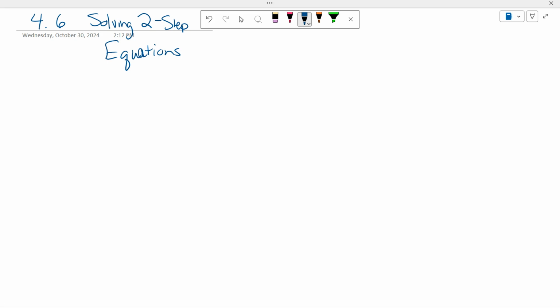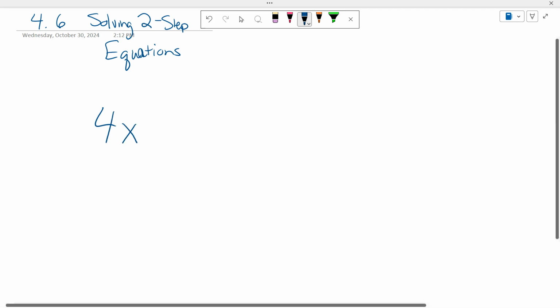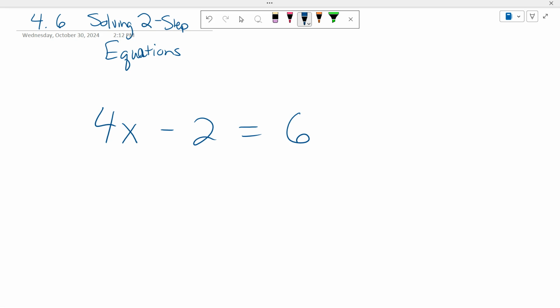Thank you. Solving two-step equations. So, 4x minus 2 equals 6. You will be expected to show each and every step of these. You will not be allowed to just write down the answer. Okay? So,